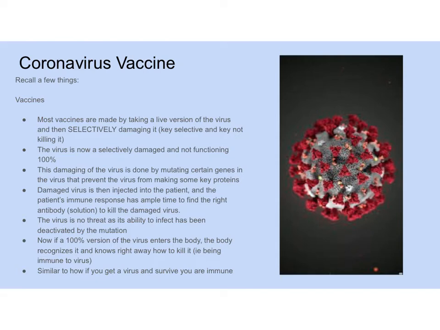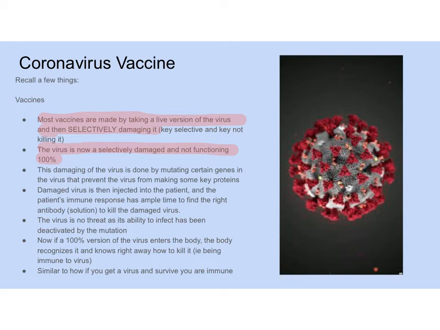So most vaccines are made by taking a live version of the virus, okay, and then you selectively damage it. The key is that you're going to selectively damage it. You're going to pick which parts you want to damage, and you're not going to kill it. You just want to damage it. Okay? So now the virus is damaged, and it's not functioning 100%, and you've chosen which abilities to take away from this virus. Okay? You've brought it down to, say, 30% or 40% still alive, but you've taken away some